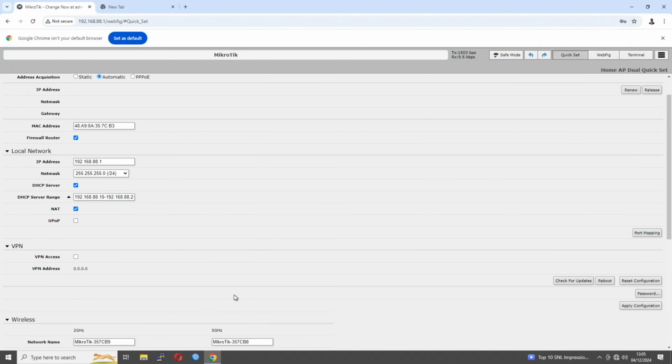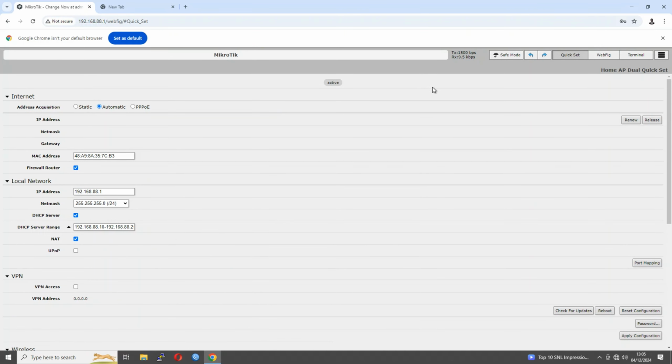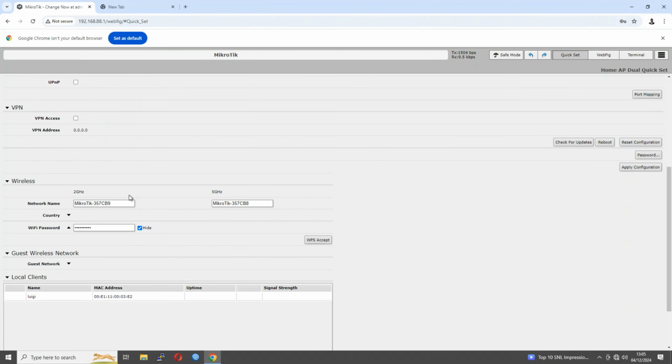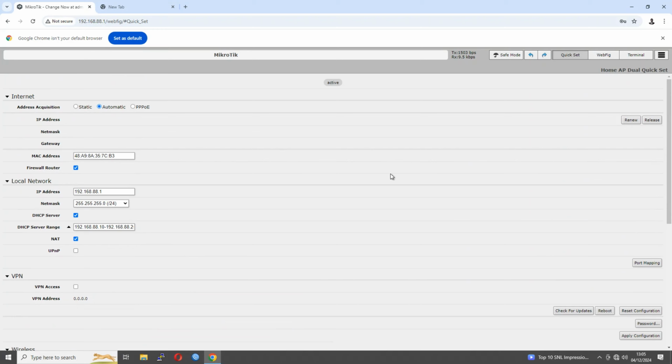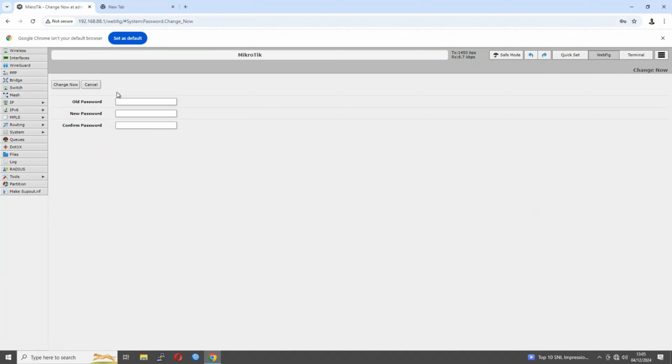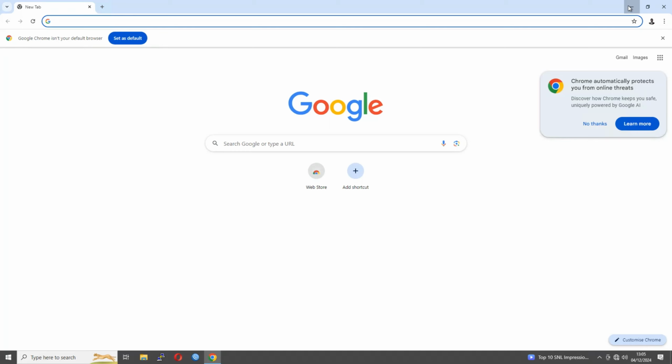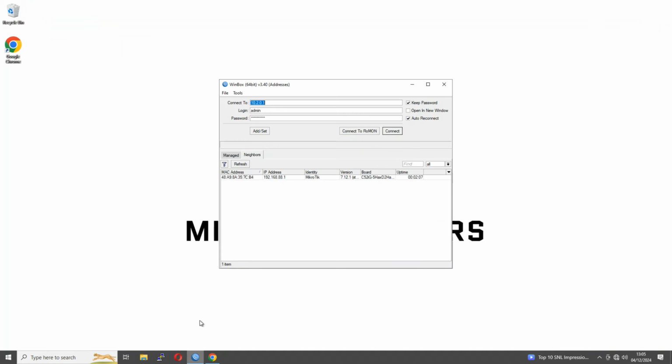It's basically a web page version of the other configuration option, which is Winbox, which we'll go into in a second. But it always starts with this quick set, and again, this is to make it easy, I guess, for people that aren't particularly as tech savvy as some others. But I've always found it to be not reliable, a bit clunky, and so I'm not a fan. So I always advocate don't use WebFig. So for that reason, we will close this now and then move on to the more preferred option, which is